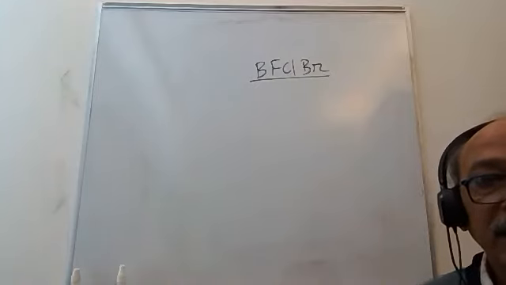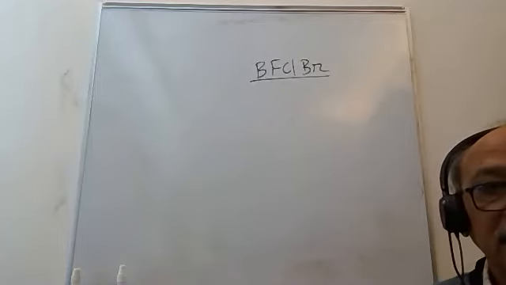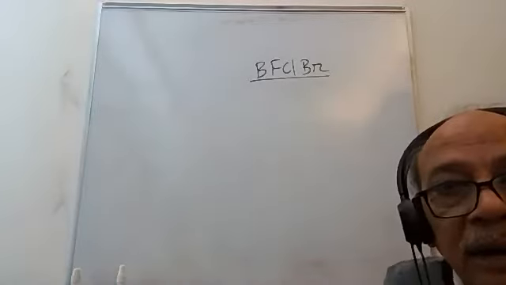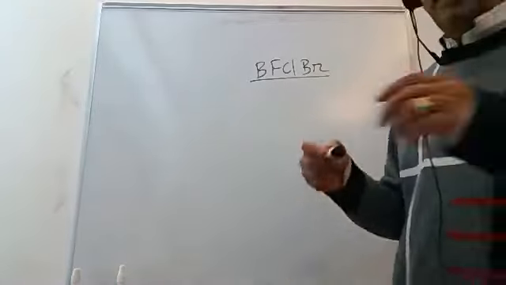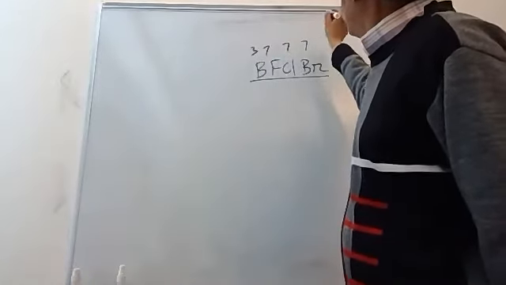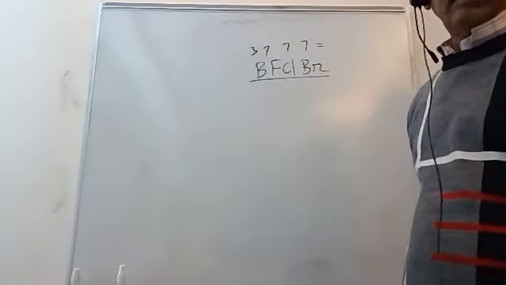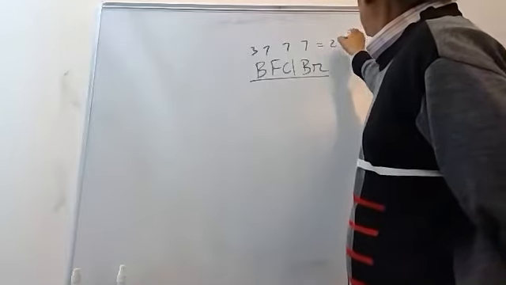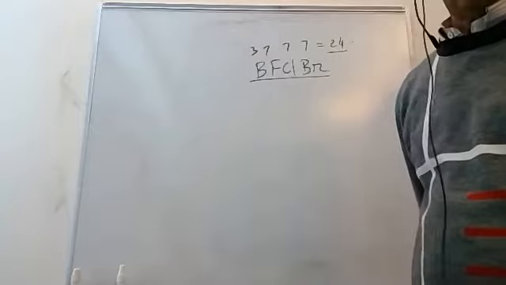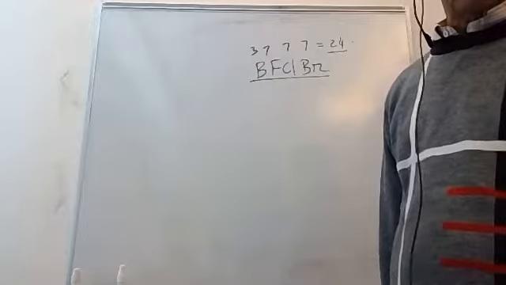How many total valence electrons does this molecule have? Boron has 3, fluorine is 7, chlorine is 7, bromine is 7, right? What's the total here? 24 total. Is that correct? So when you draw the Lewis structure, that structure should not contain more than 24 electrons